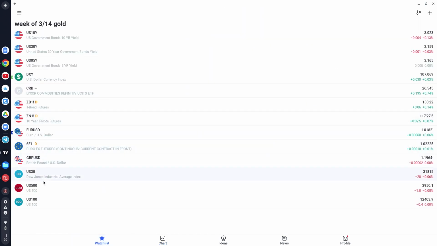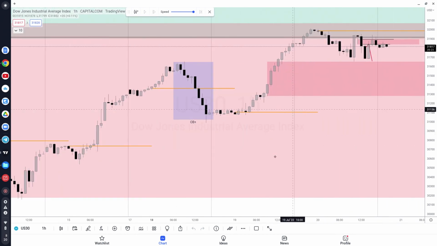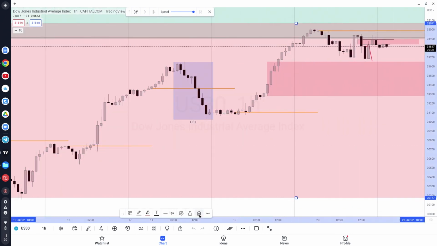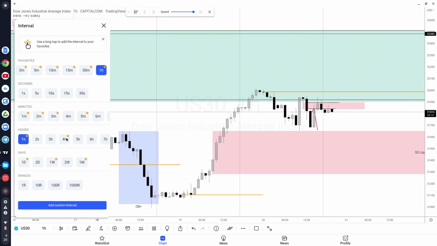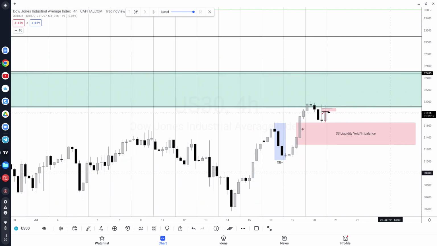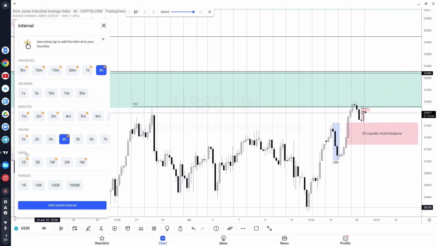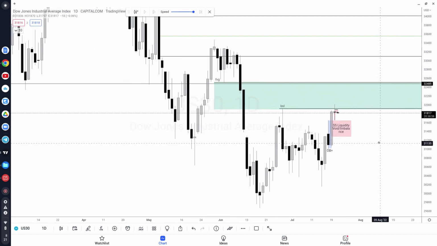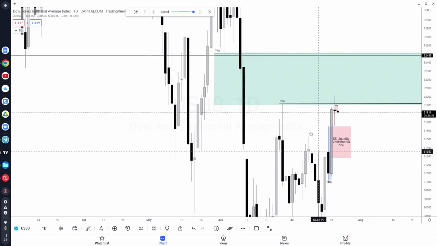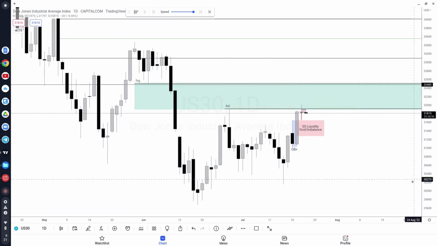And then we'll take one more look at US 30. Alright, so I'm showing a 4-hour order block right here. So this whole area would be an order block. What I think US 30 is doing, and if you guys trade any of the indices, indices move alike, so just take it from here. What did happen today is I believe one of them ran the Asian high and the other ones didn't. But you can check back for yourselves on that.